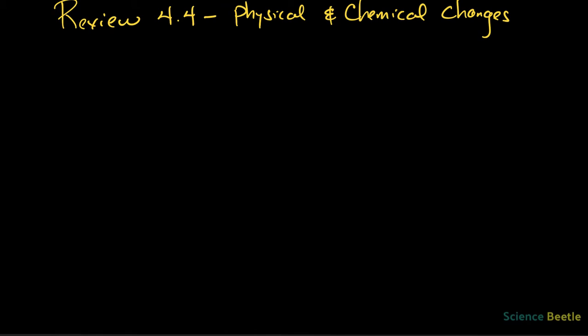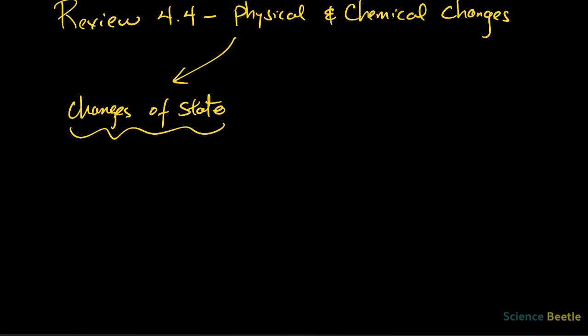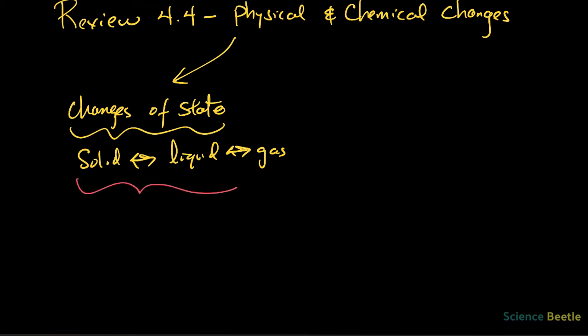Remember that what we had said was physical changes dealt with changes of state. So this meant that you had a change either from a solid into a liquid, or from a liquid, say, into a gas. And it could go in both directions. You can shift from either one of these. But nonetheless, the main principle behind these is that in any one of these, the identity of the substance did not change. So that was one of the key characteristics